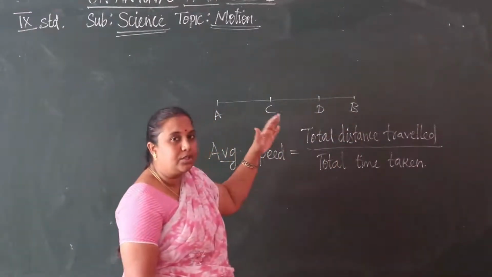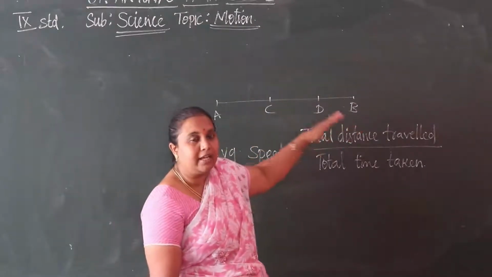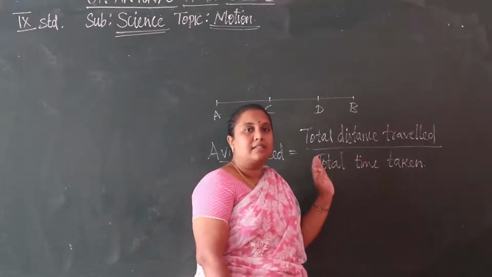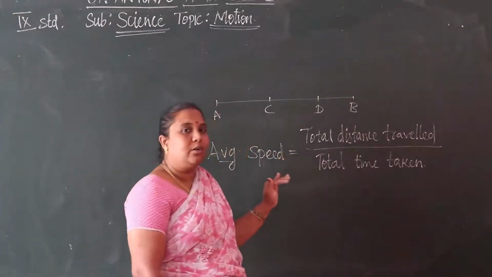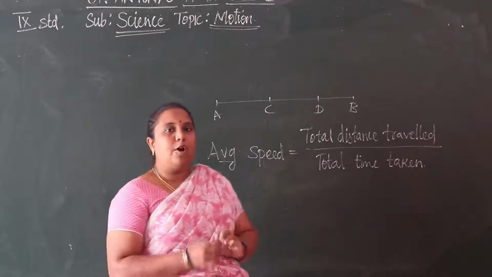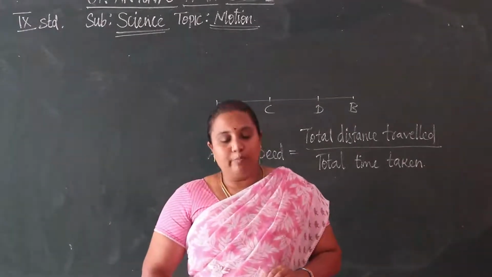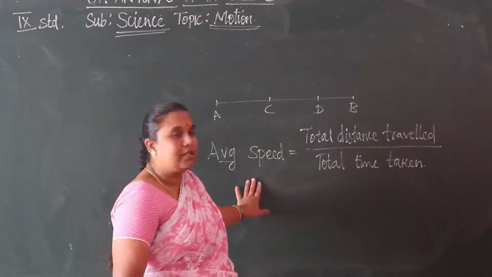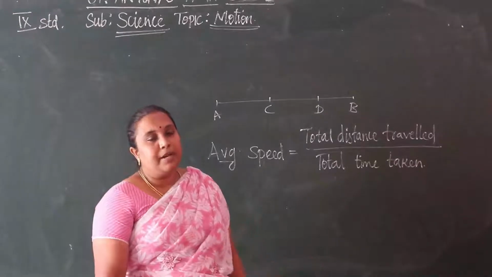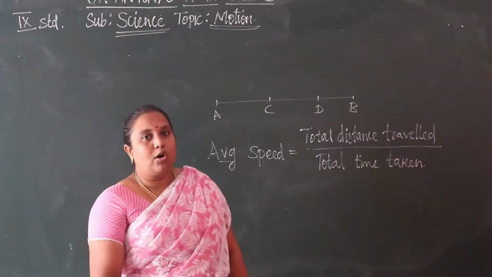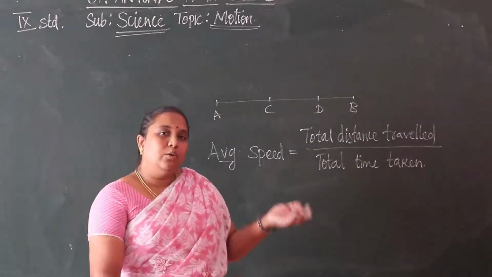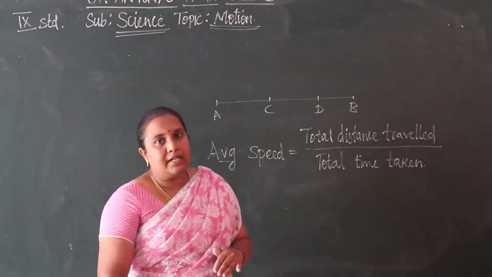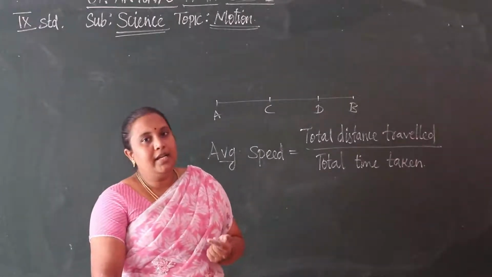In the question we have the total time taken when the body moves from A to B. We have to write that as the total time taken to find out the average speed of the body moving from A to B. Okay, understood children? This is the factor we want to find out, the speed of the motion of your body. In uniform motion we can find the speed equals distance traveled by time taken, that is V equals S by T.